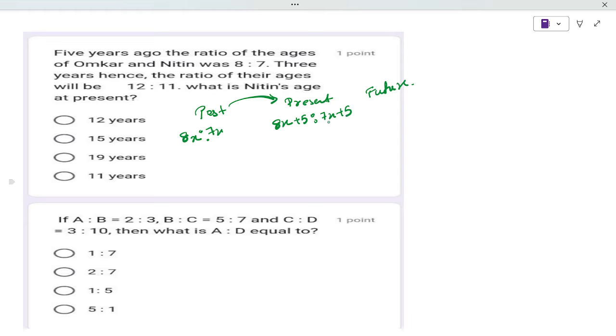Future is 3 years hence, so 8x plus 5 plus 3 and